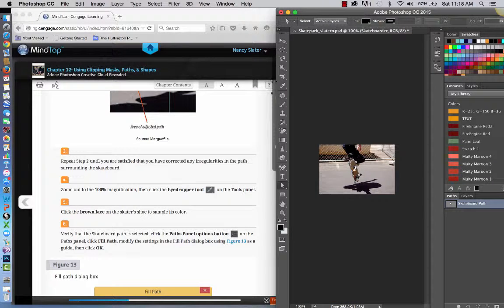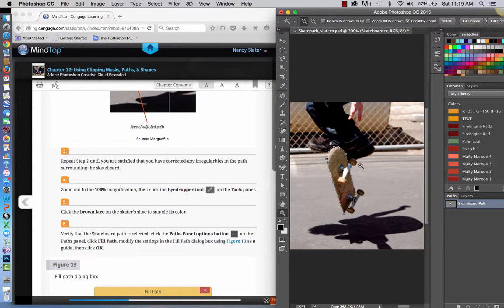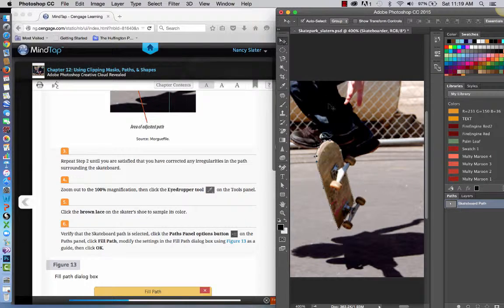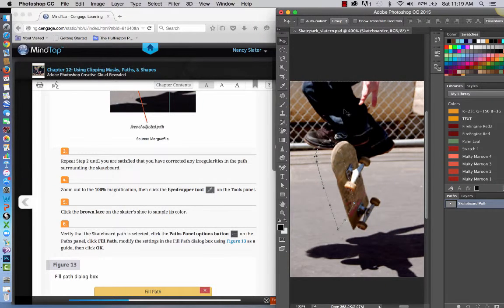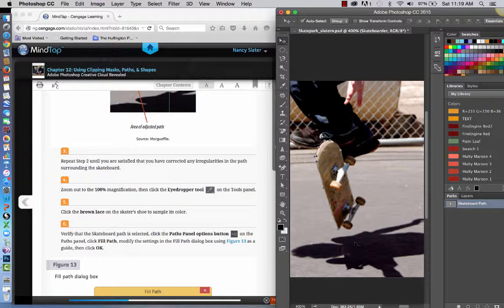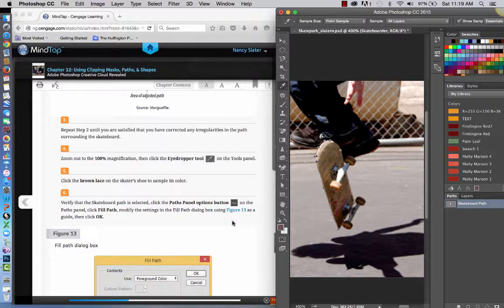And then we're going to get the eyedropper tool on the Tools panel. We're going to click the brown lace on the skater's shoe to sample the color. I don't know how you would ever see that at 100% magnification, because I certainly can't. But I'm going to do this. It's talking about the brown lace right here. So we're going to get the eyedropper, click on that brown lace, and you'll see that the foreground color is immediately changed to that brown. You want to verify that the skateboard path is selected,